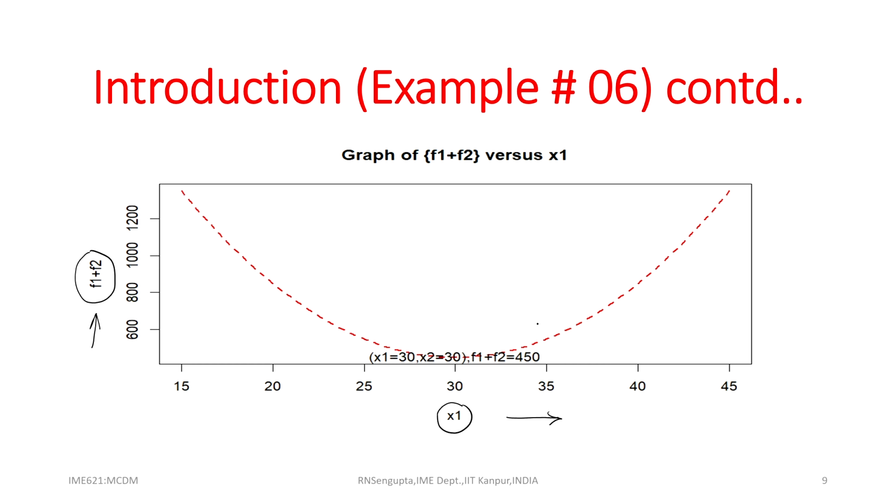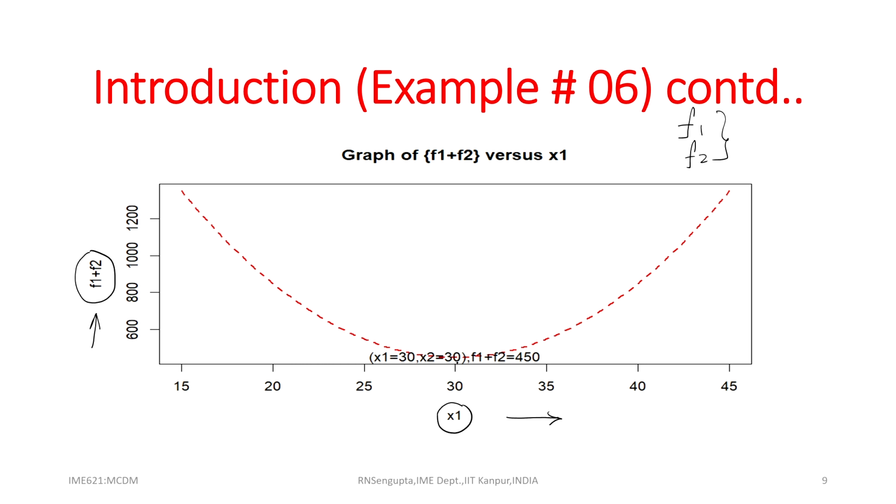Obviously, this is a quadratic equation. If you remember, f1 was a quadratic equation, f2 was a quadratic equation, combining them would definitely give me a quadratic equation. What is interesting is, when I find out the values for f1 plus f2 for different coordinates of x1. Obviously, it can be done for x2 also, but I am just highlighting the case of x1. Similarly, you can have a diagram for x2 also.